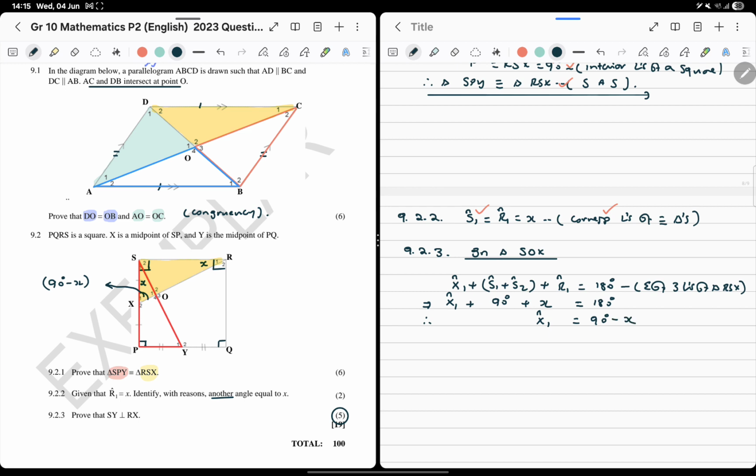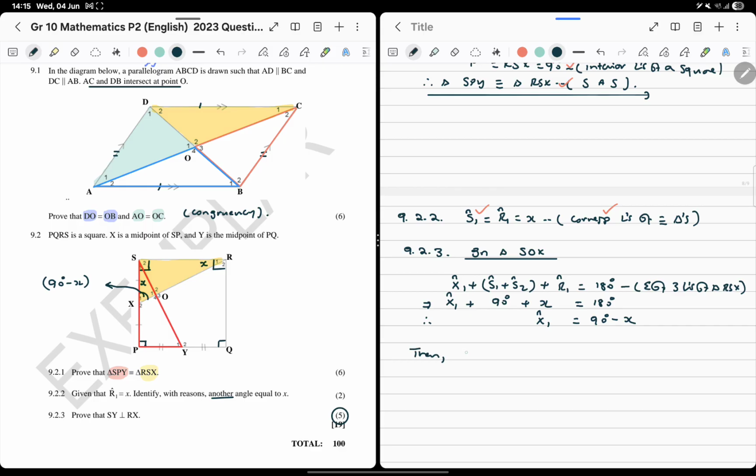We needed to do that. So can you see, we're using another triangle to understand another triangle. And mind you, we have already proven that S1 itself is actually x, right? So we will say then,